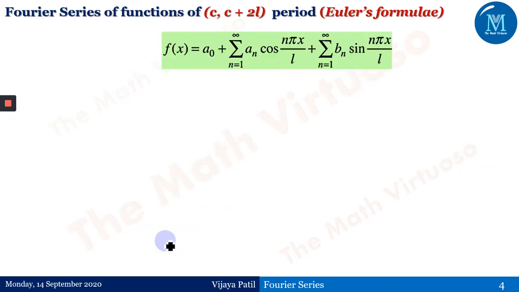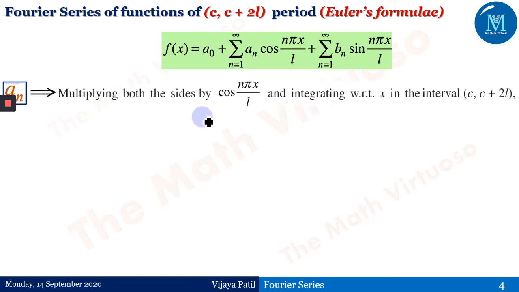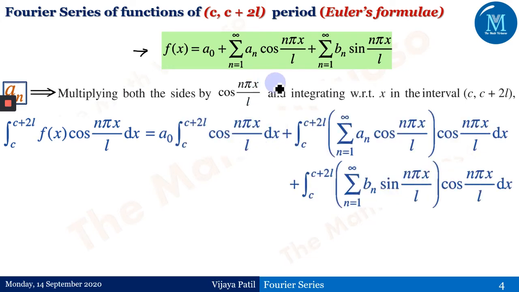Okay, then the next is, if you want to go for an, then you need to multiply both the sides by cos of n pi x by l, and integrate with respect to x, the interval is c to c plus 2l. So we have to multiply this entire equation by cos of n pi x by l. Multiplying, the LHS will be f of x cos of n pi x by l, integration from c to c plus 2l, and the other side will give you a0 integration c to c plus 2l